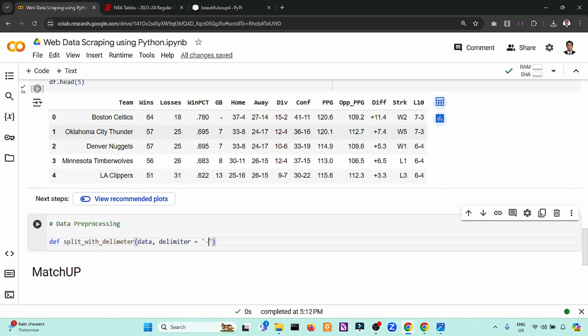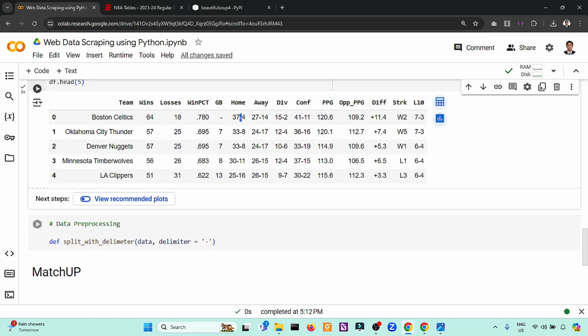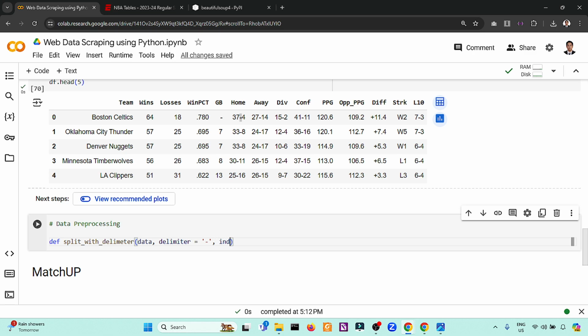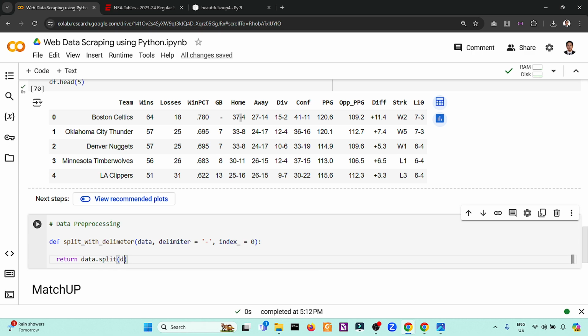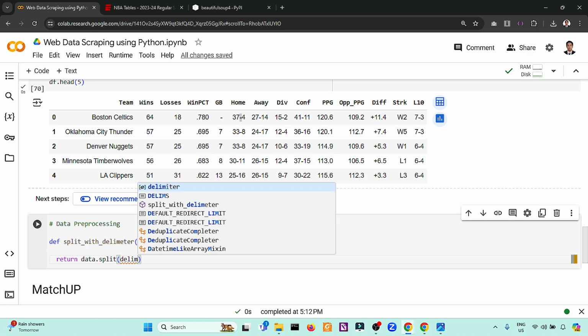Our delimiter here is the hyphen. Then for the index, by default, we will set it to 0. Then we will return the data passed, split based on the delimiter.